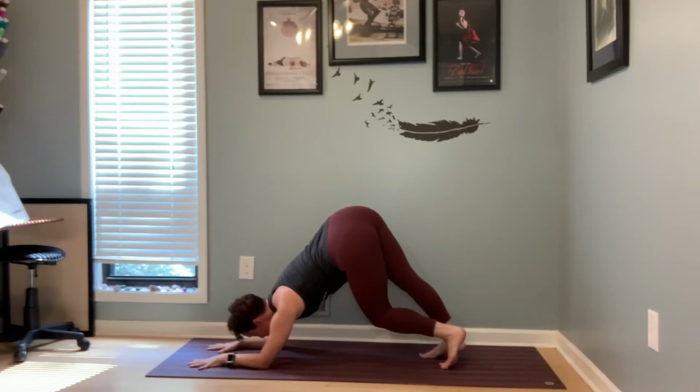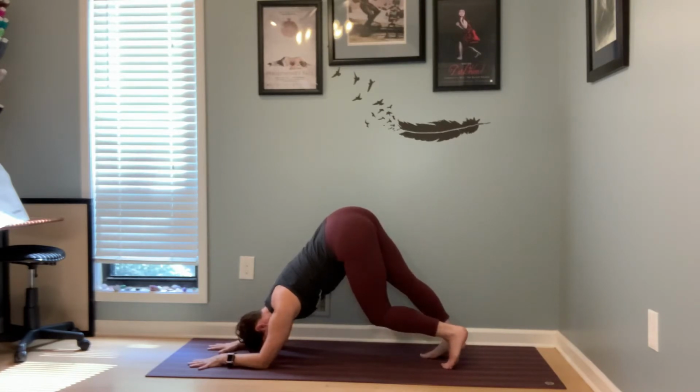And it might feel good to you to kind of shift your weight. So if I let my weight really drop to the left, I feel this stretch in one part of my calf. If I come through center, I feel it in a different part. And if I let my left